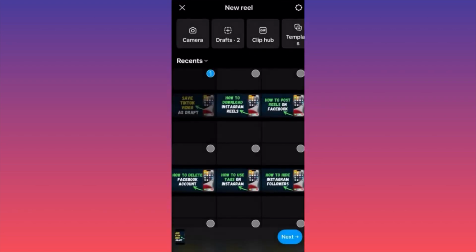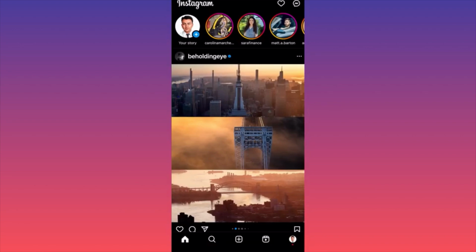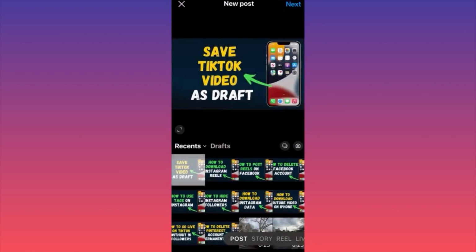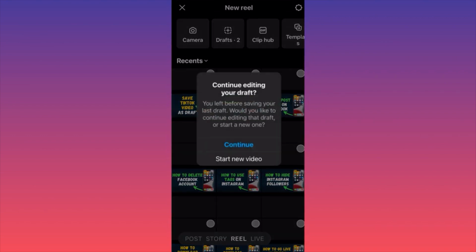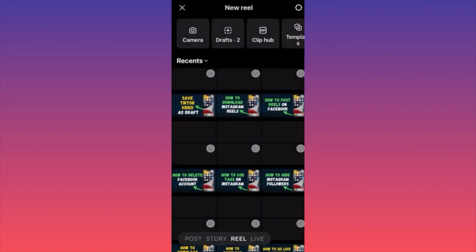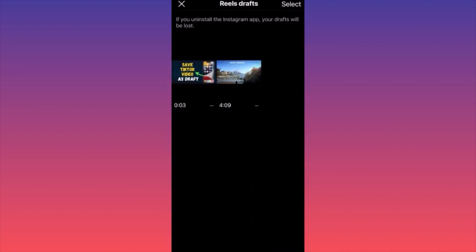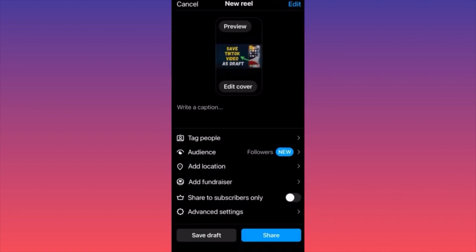Next time when you come by and you click post, the plus sign, right, you can go on the reels again, and on the top menu you will have the two drafts or the recent drafts that are about to get published. If you see, when you click on them, then you want to click on the one that we just worked on, right? And you can simply proceed and click share. This is how you can save drafts in reels without posting them, and then eventually, if you decide, you can